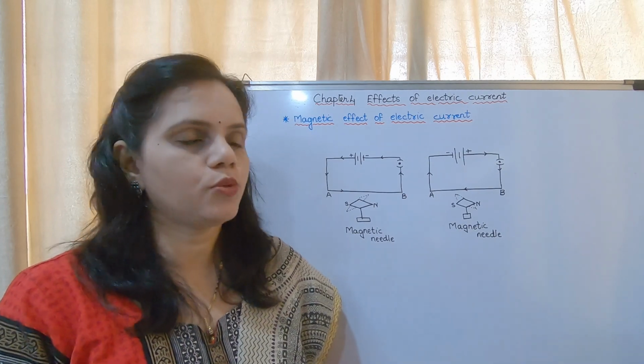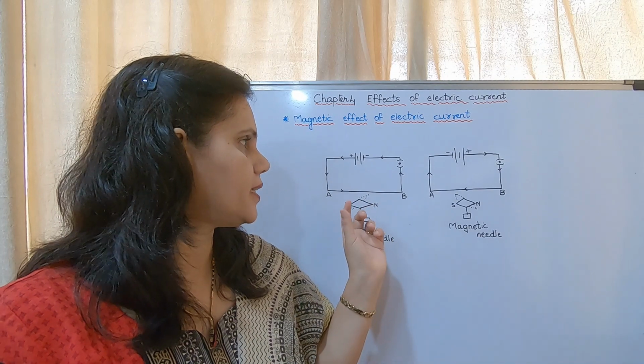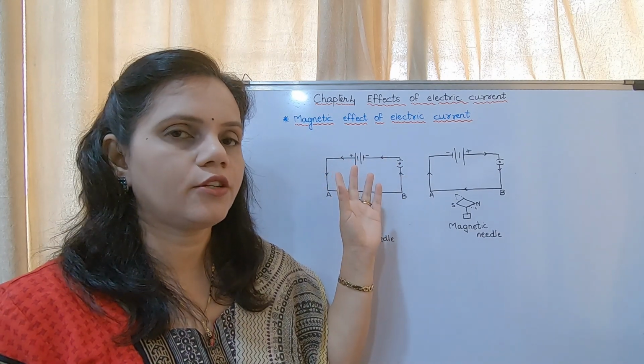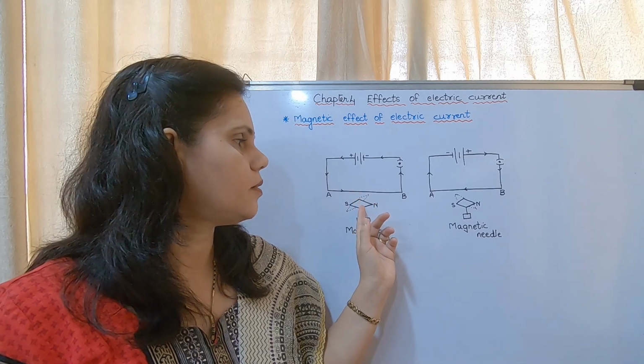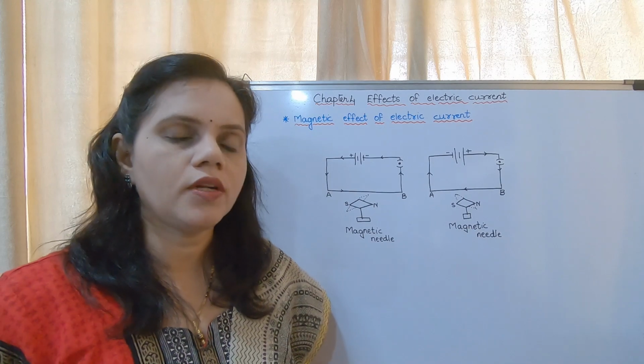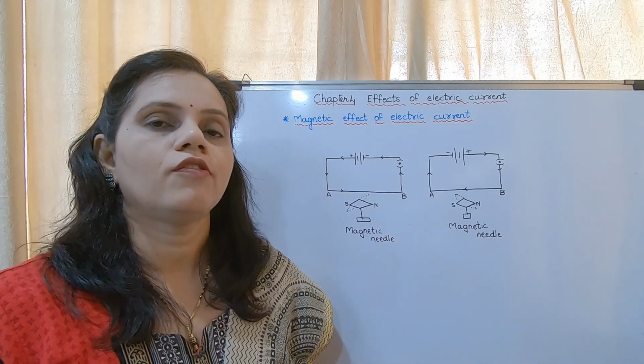If a magnet is moved, okay, now the current is kept as it is, and if the magnet is moved, the wire is kept as it is, there is no current moving through it, and if the magnetic needle is moved, it is observed that the electrons in the wire flow.